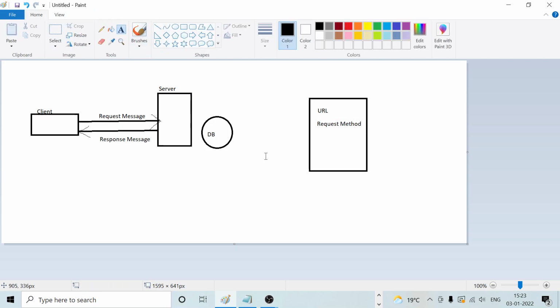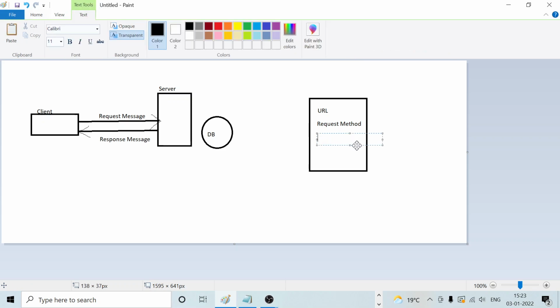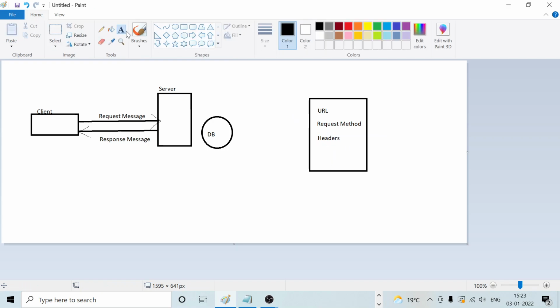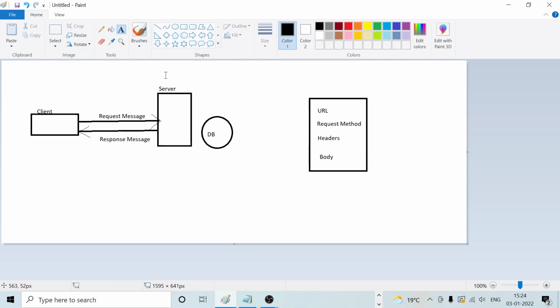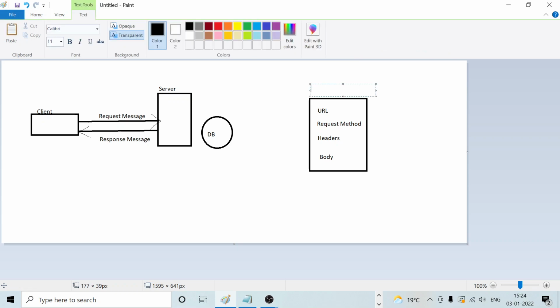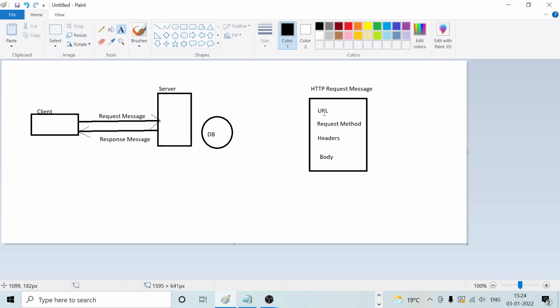Third one, these are the parts of the headers. And fourth one is the body. So these are the four things, and these are the parts of the HTTP request message.